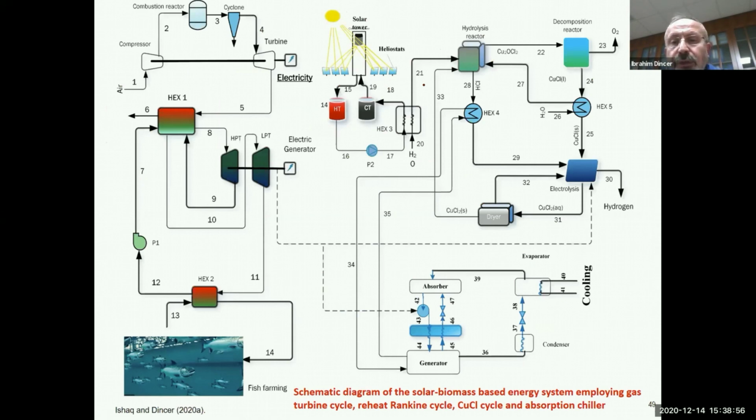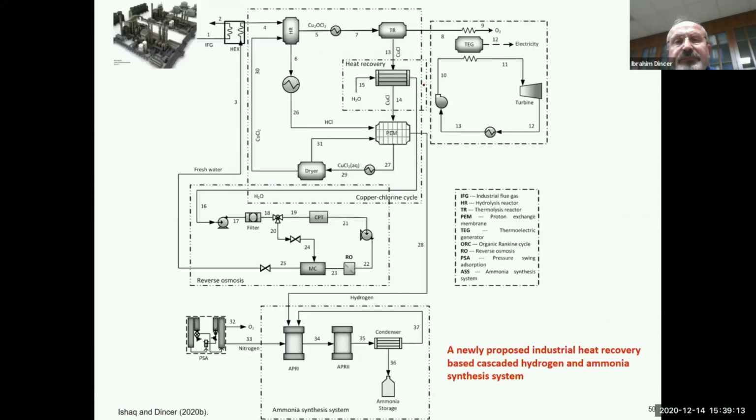And also doing, of course, solar biomass based systems. And this is one of them, really trying to produce multiple useful outputs. And this is another integrated system, to look at also industrial heat recovery options. And I did comprehensive work for various industries, especially the high temperature needing industries, from steel making to glass, cement, and all those things. We have really high temperature level heat available, and to be able to use for various purposes,